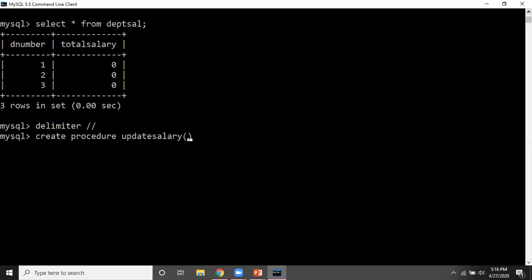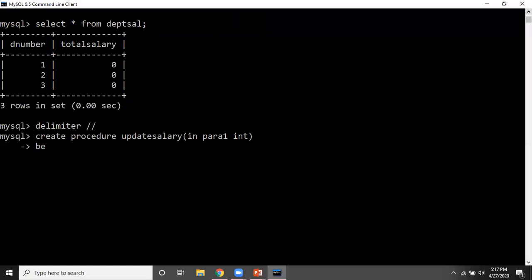This procedure will take one argument, of IN type, that means only reading is possible, so its value will be taken by this procedure. I will name that argument or parameter as parameter 1, and this will take an integer type value. So I have written parameter 1, and int is the data type for that argument.